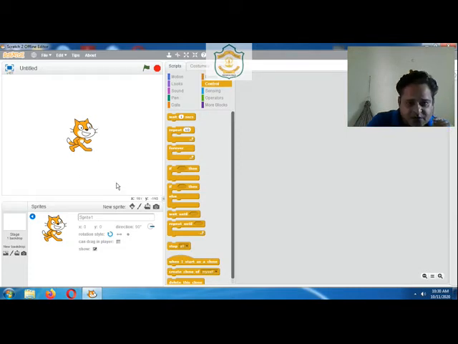You can notice the XY coordinates here keep changing according to our mouse cursor, because the position on the stage varies as I am moving my mouse cursor. Currently the exact center is at 0, 0, x0, y0.